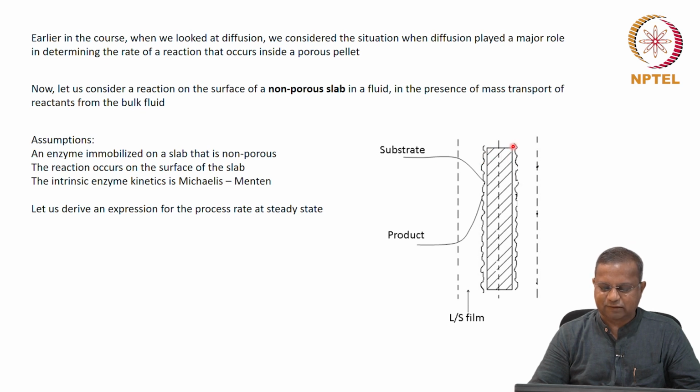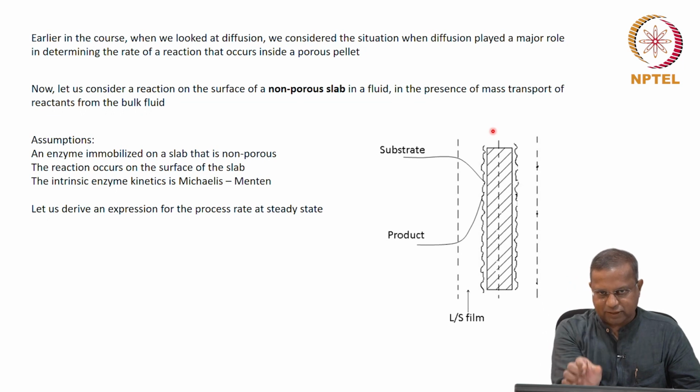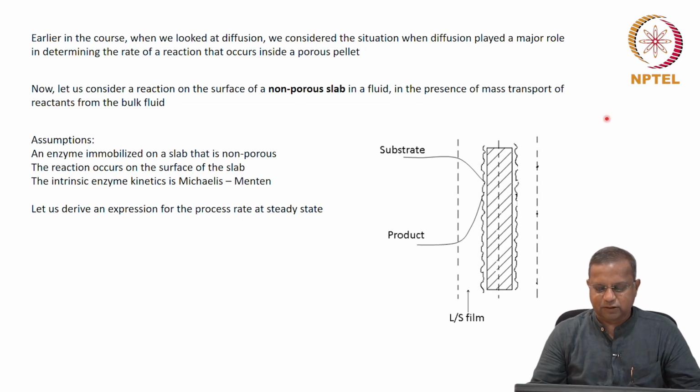This is the situation here. You have the slab. The longitudinal section is going to be a rectangle. You look at it from the end, it is going to be a rectangle, and you have a y dimension that is going into the screen. We are looking only at the x and z dimensions. And so, the hashed part is the slab.